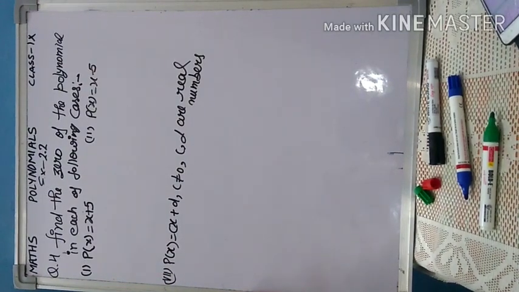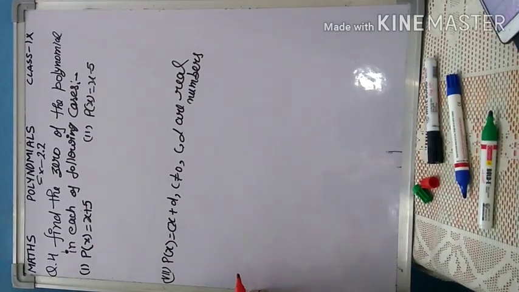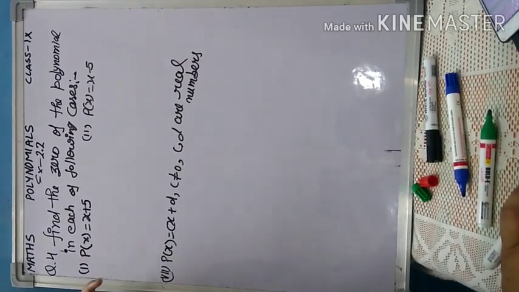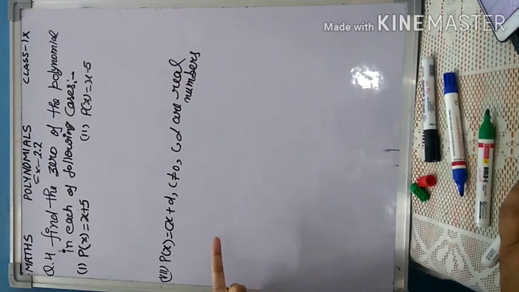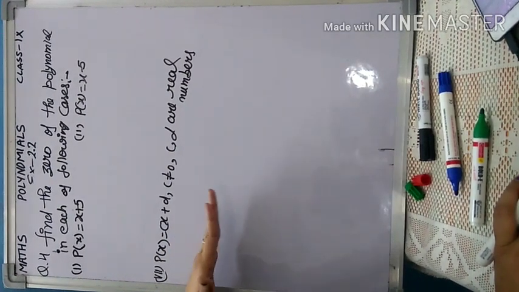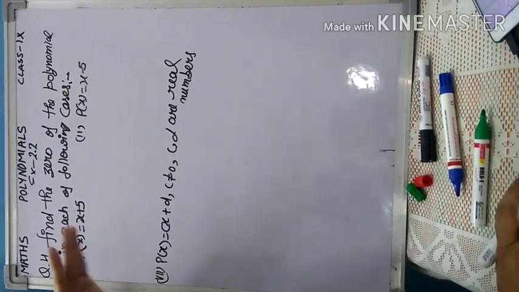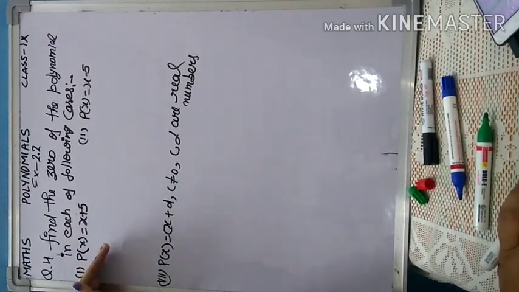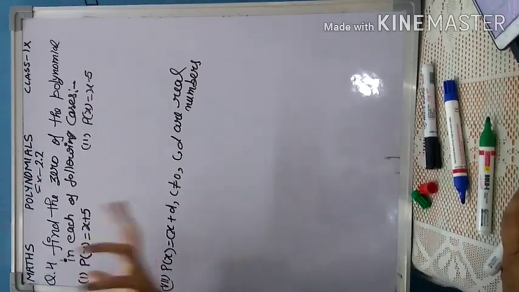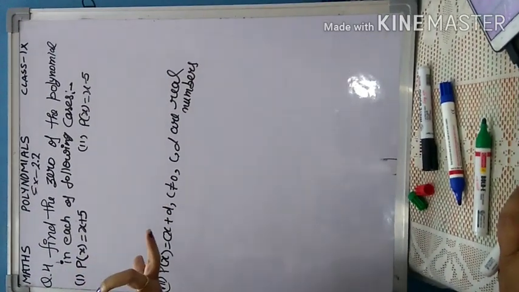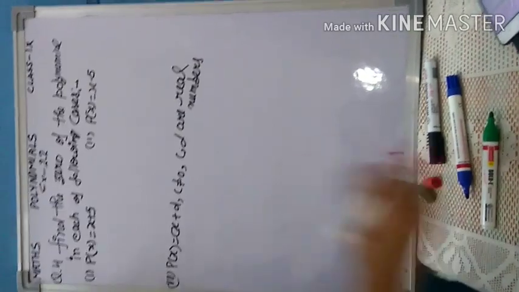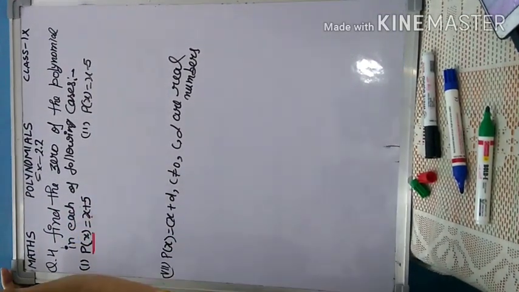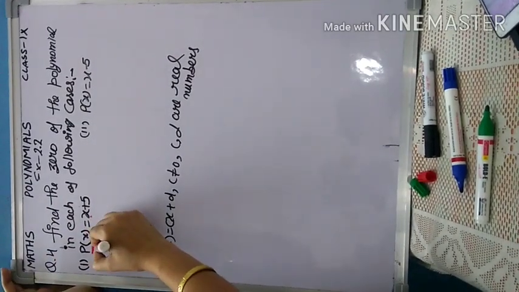Now let's see question number 4. Find the zero of the polynomial. Students, until now in the questions we were doing, some value of x was given and the question was asking whether this is a zero of the given polynomial or not. But here the polynomial is given to us and they want us to calculate the zero of that polynomial. So what are we going to do? We want such a value of x where this Px becomes 0. So what will we be doing?